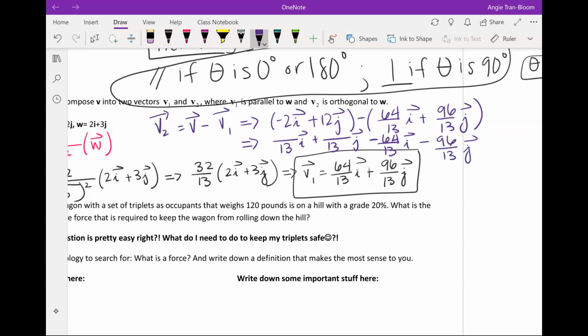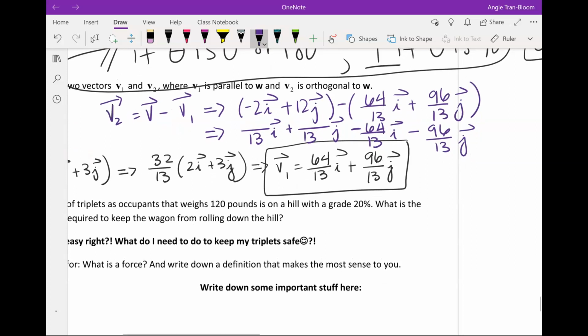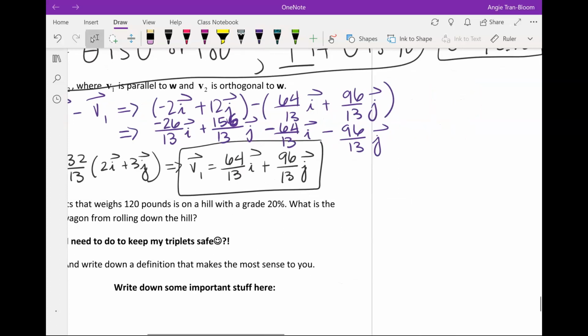Go ahead and find your V with a common denominator of 13. Emma, whenever you're ready, give me the new numerator for i. Negative 26, okay? Give me the new numerator, Kristen, for j. 156, like that? Okay. Those are right? Perfect, let's combine. Final answer, ready? V2